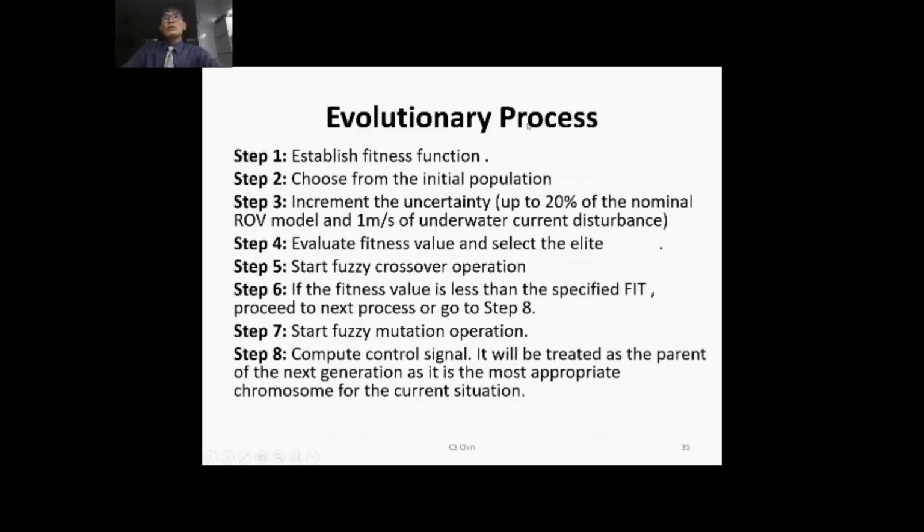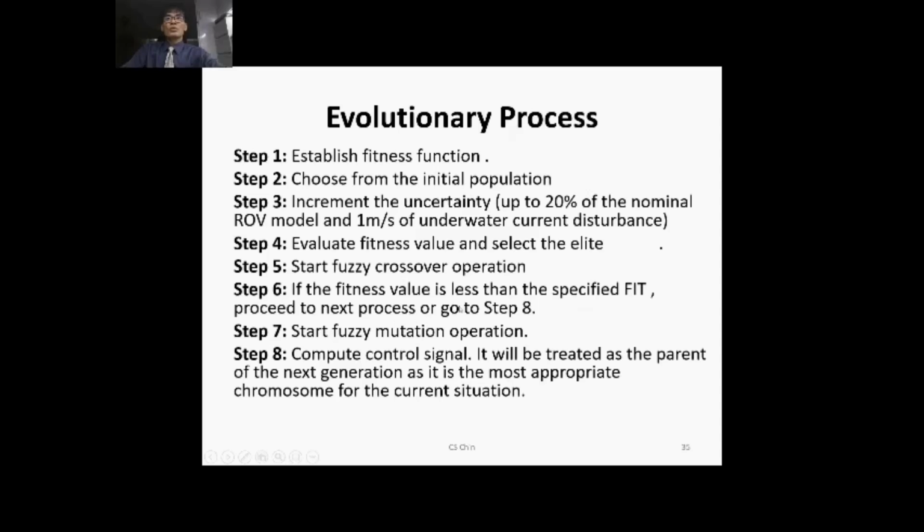So the evolutionary process, first step, establish the fitness functions. Choose from the initial populations. We increment the uncertainty up to 20% of the nominal ROV model and 1 meter per second of underwater current disturbance. Then we evaluate the fitness values and select the elite. And we start the fuzzy crossover operations. And if the fitness function is less than the specified fitness value, then we proceed to the